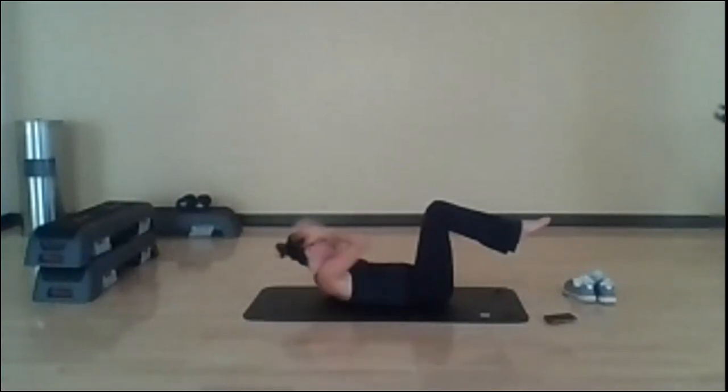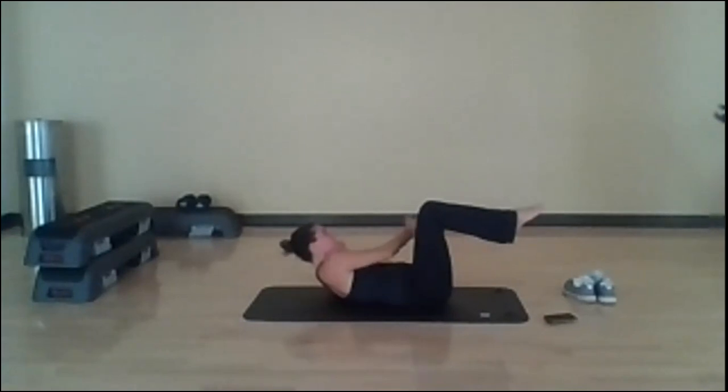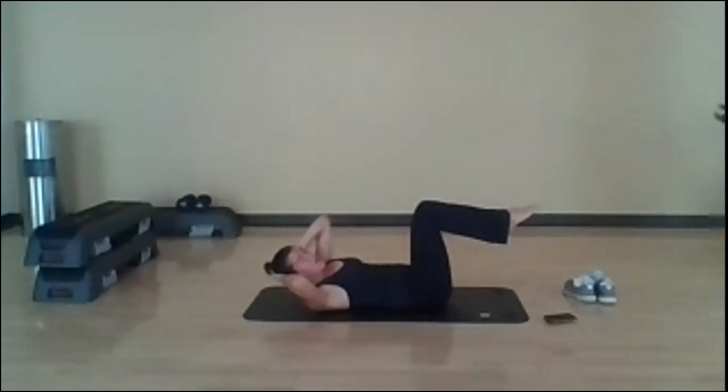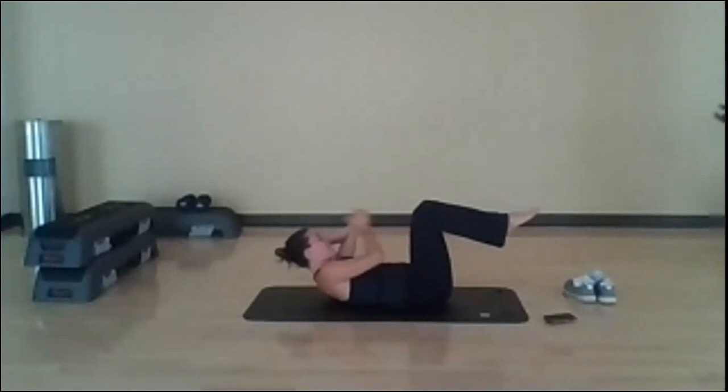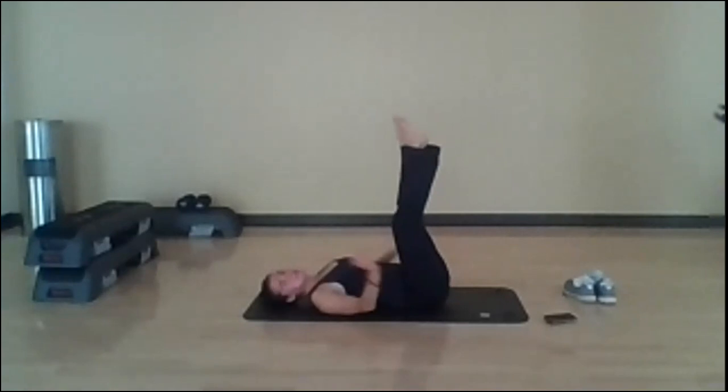Using your breath. Go ahead and take 4 more here for 4, 3, 2, and 1. Go ahead and lower all the way down, extending your legs toward the ceiling, placing your hands